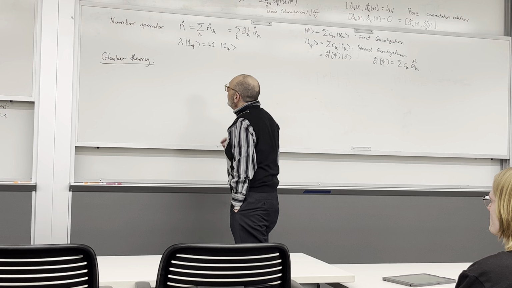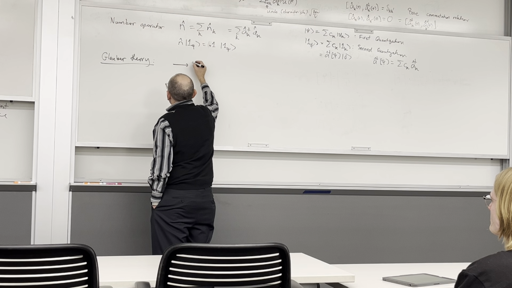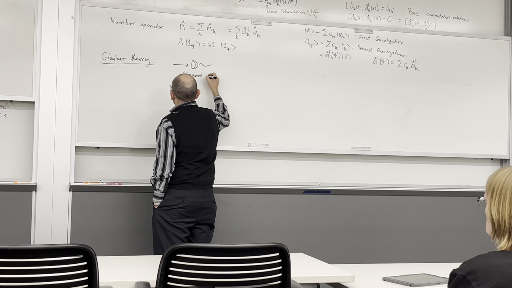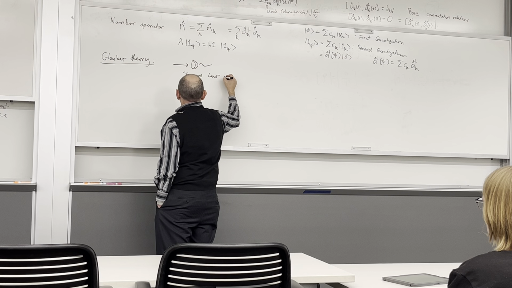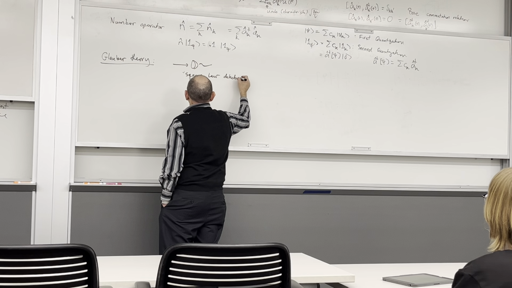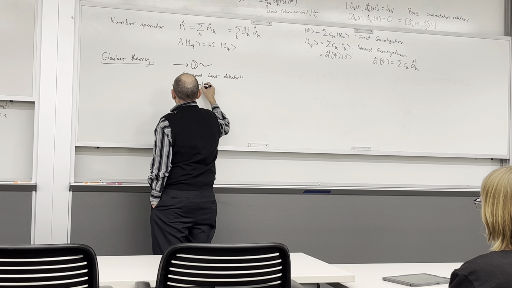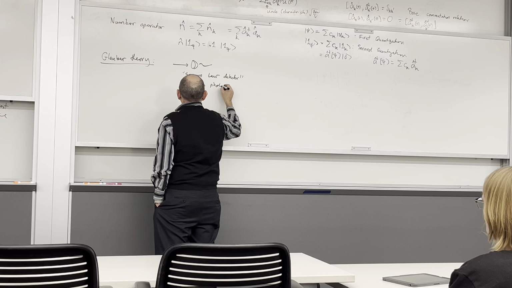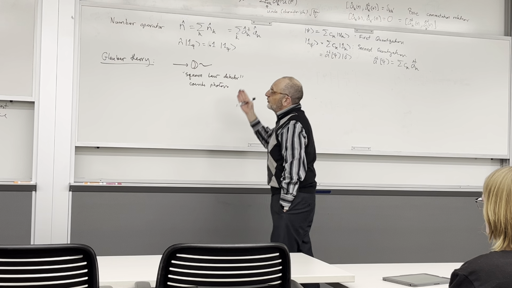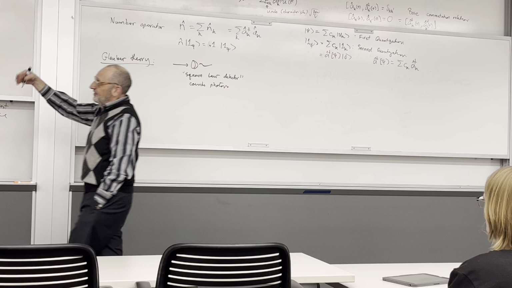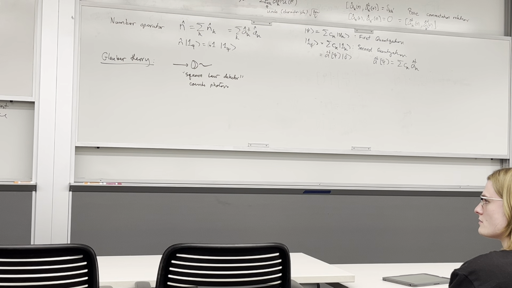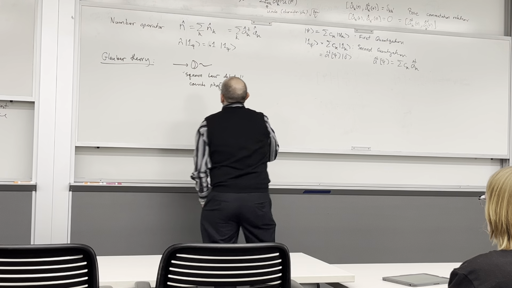And the main point here is that if I have a square law detector, which counts photons, the square law detector is the quantum analog of what we had of our detector that measures the intensity of the field, that